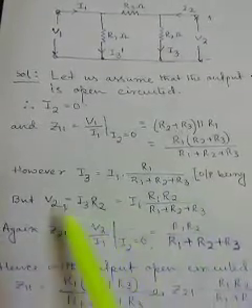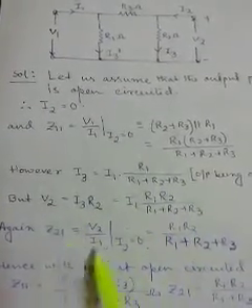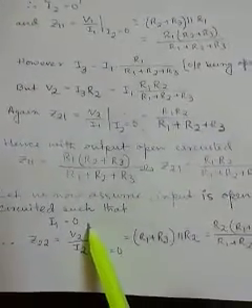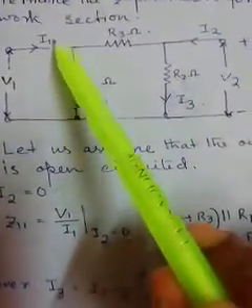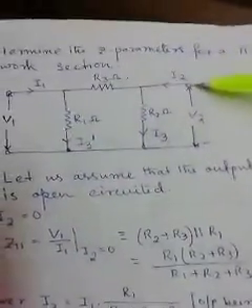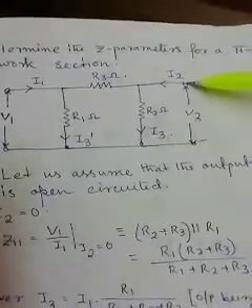Now we can equate it: V2 by I1, which is the definition of Z21, comes out equal to R1 R2 by R1 plus R2 plus R3. So these two parameters can now be found by setting I2 equals 0. In that same way we are now opening the input port, which gives us I1 equals 0. So we have to observe the circuit from the output port now, with the input port opened. So for this, say for example, we are now assuming I1 equals 0 and we are treating the circuit from this side.